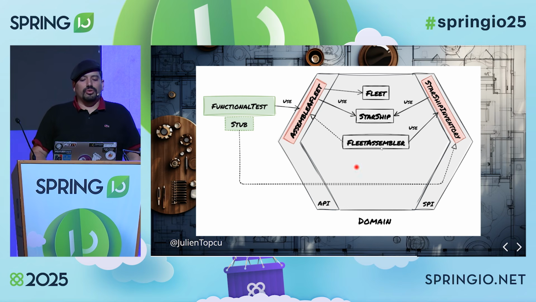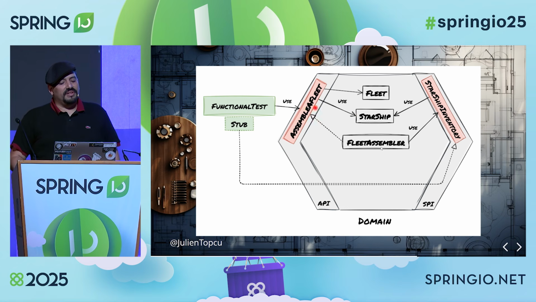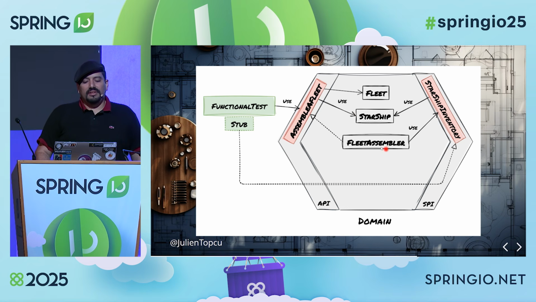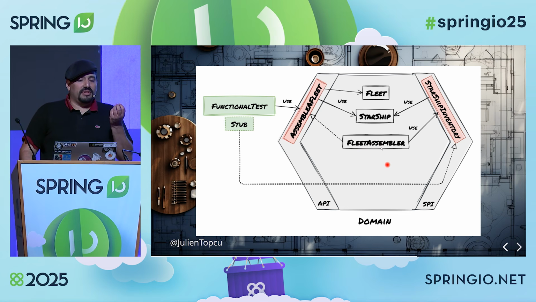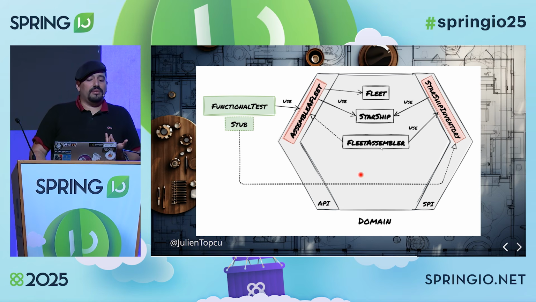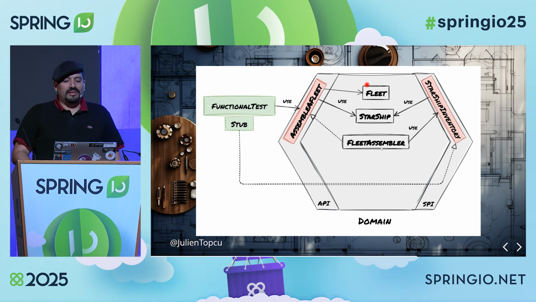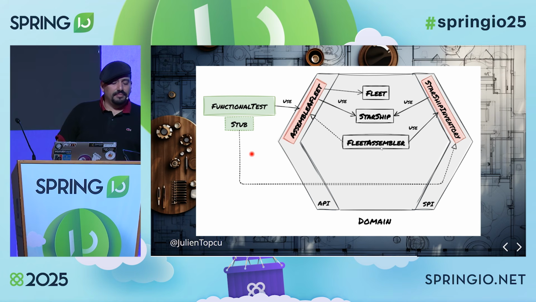So what we have done so far, we've created a functional test here that helps us to shape the contract of the domain, which is assemble a fleet in the API. Assemble a fleet depends only on domain objects to avoid any contamination from the left side. And this is implemented by the fleet assembler, which is the concrete implementation of the feature. This one needs to retrieve starships from the outside, but since it cannot call swappy directly, it defines its own interface here, starship inventory, that only depends on domain objects as well. And to make sure we are able to test that business logic, we create a stub here.